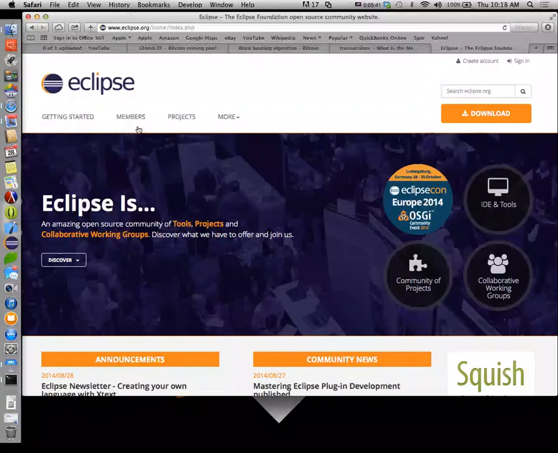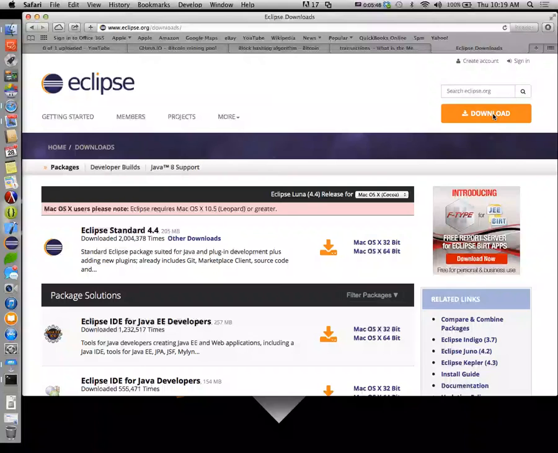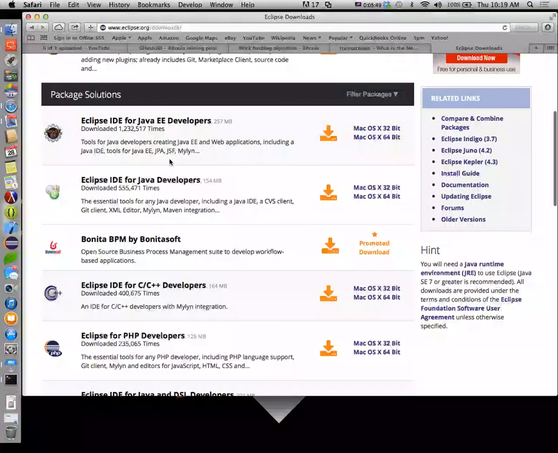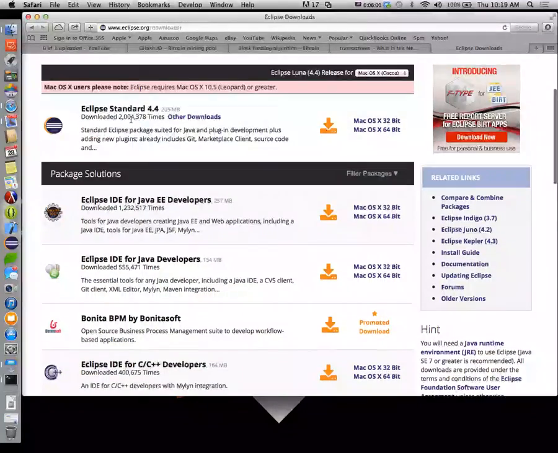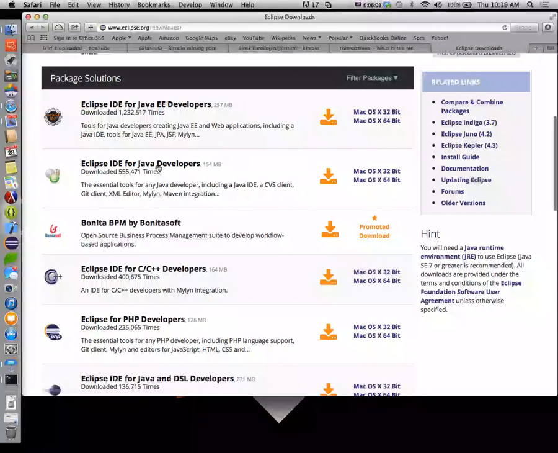All right, so when you go to this website, it's free, first of all. You'll click download. What you want is the Eclipse IDE for Java developers. Notice there's a whole bunch of them in here. There's one for C++ and PHP and all this other stuff. You got the full suite up here. Well, the one you want is the one for Java developers. So you'll download that for your platform. Notice it's noticed that I'm on a Mac right now, so it automatically selected Mac OS X. It doesn't matter which of these two you download. They'll both work on any modern Mac.